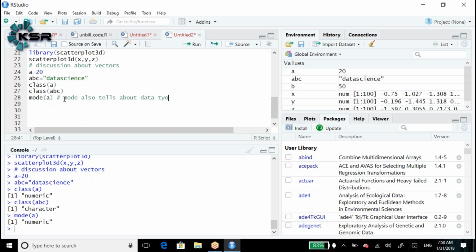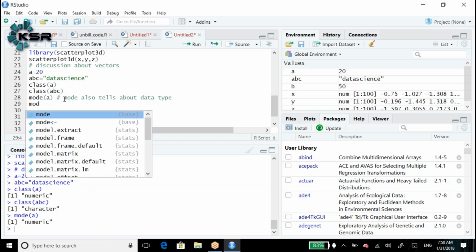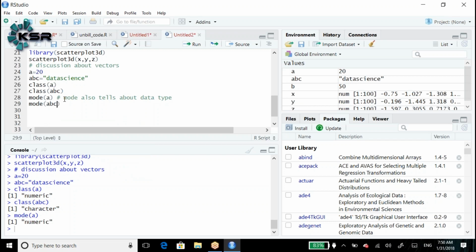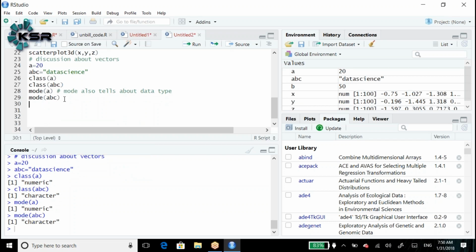Mode of ABC also you can use. Mode and class work the same. Nothing is different. Exactly the same.